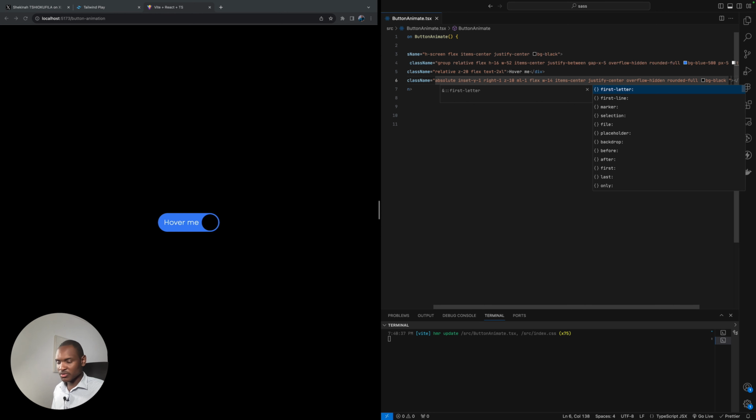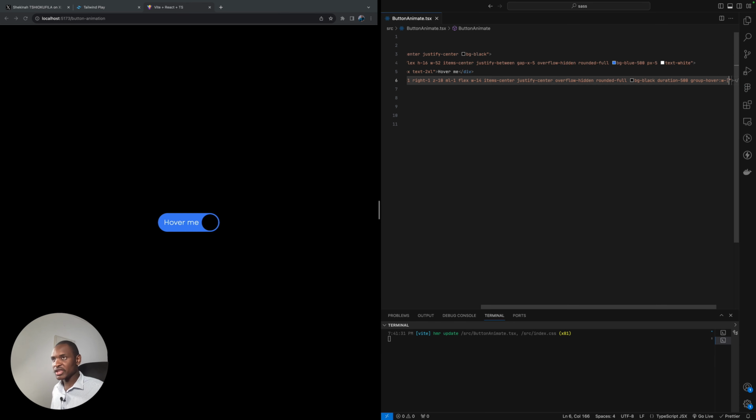And what we are going to use first, we are going to use a transition duration, let's just take 500 milliseconds, right? And here what you are going to say, when we are over the parent, okay, we change the width of the child. We are just going to expand it by 96%,